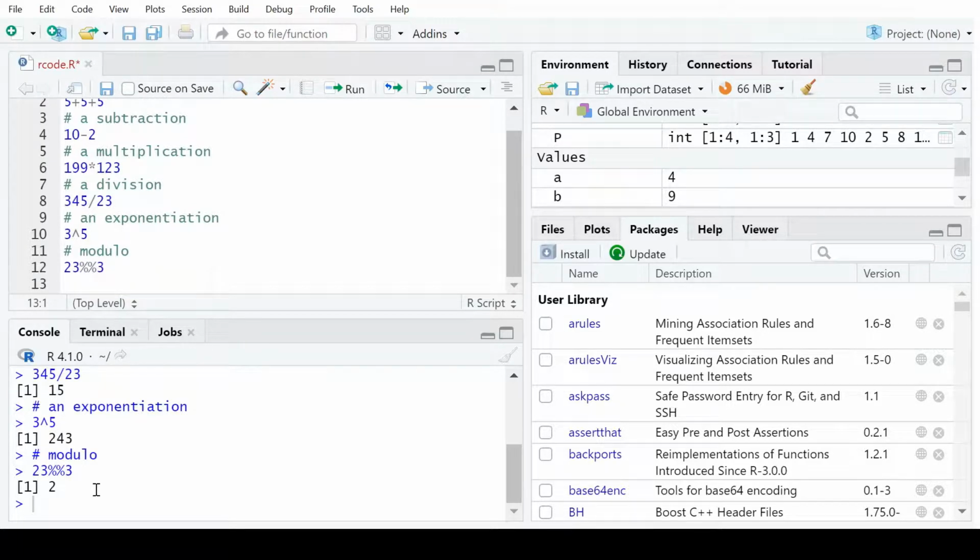So this is how basic arithmetic could be done with the help of R, and this is the base. This is our foundation on which we can proceed ahead and learn the complicated stuff in R. I hope these videos are creating an understanding about R, and I guess it is helpful in removing the phobia about coding. So hope things are going on well, and we'll keep on doing this stuff so as to increase the understanding about R.